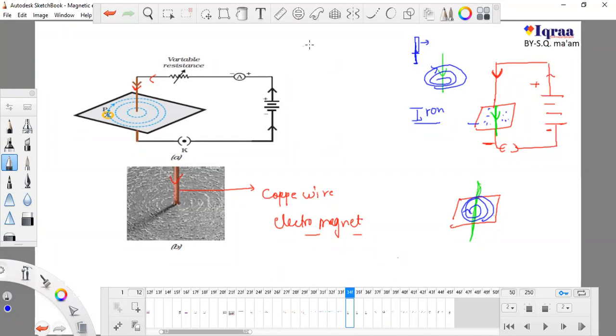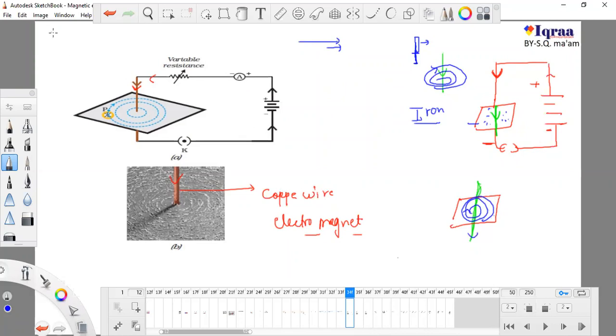You can identify it by so many examples which are provided in your book. You just take an imaginary one, or there are so many diagrams in your book which show how current is flowing in this direction, and you find out the magnetic field lines. Or sometimes magnetic field lines are given. One thing is very sure to us: if current is passing through any conductor, it will form a magnetic field line.